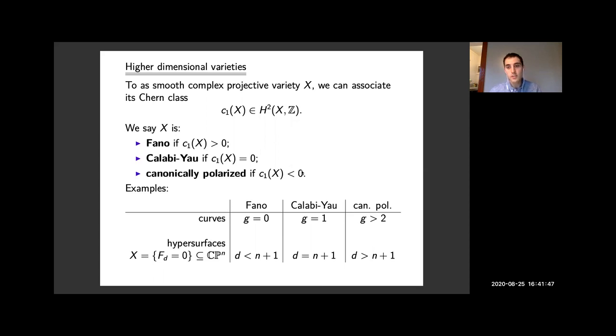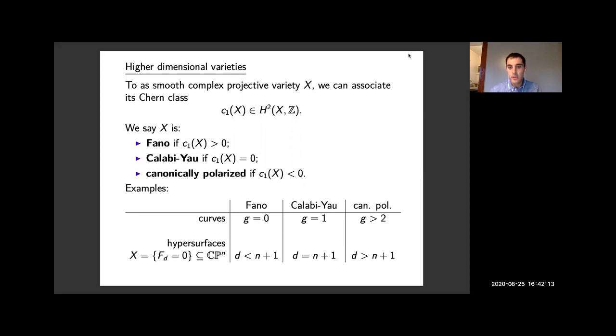So you can think about these three classes of varieties as the building blocks of varieties in higher dimensions. Not all varieties are going to take this form, but roughly speaking, according to birational geometry, these make them up in some imprecise way. If you want to look at some examples, previously we talked about algebraic curves, which are characterized by